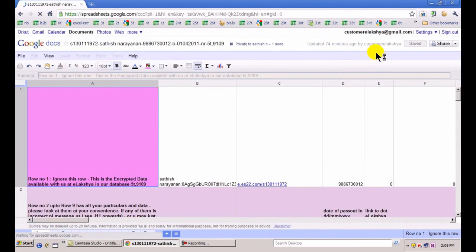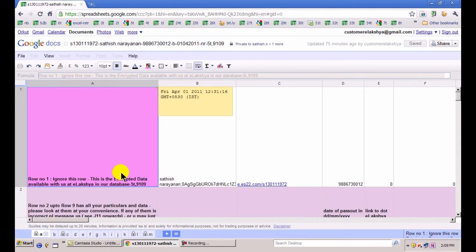Point number 2. It is your personal Excel file. You can see the Excel file which you have entered through your Gmail ID, comprising several sheets, some of which allow you to enter, modify and edit data, some of which are locked, which means that you can see the results there but you cannot enter the data. So it is a giant Excel file comprising several sheets for you to use.